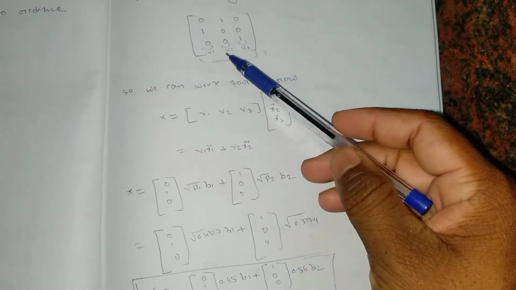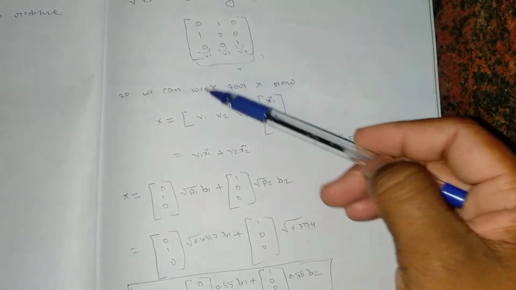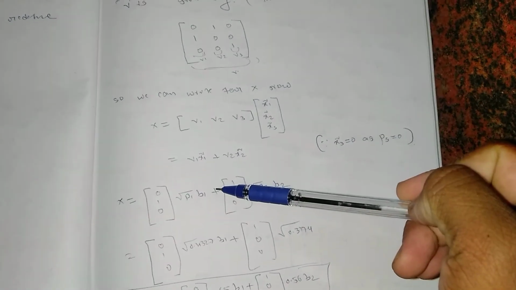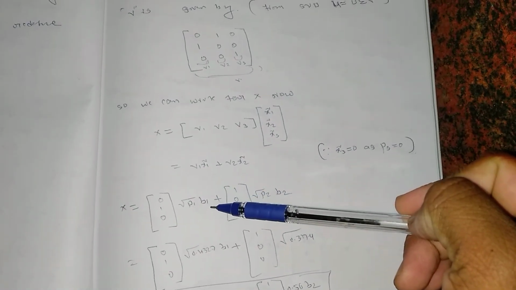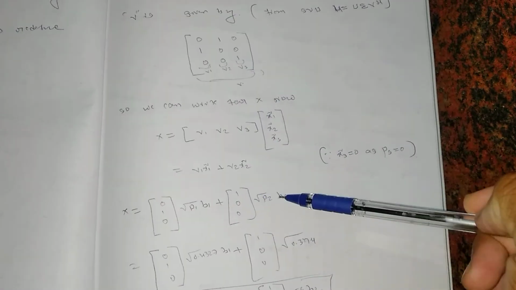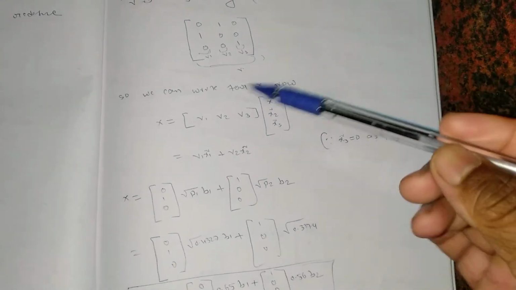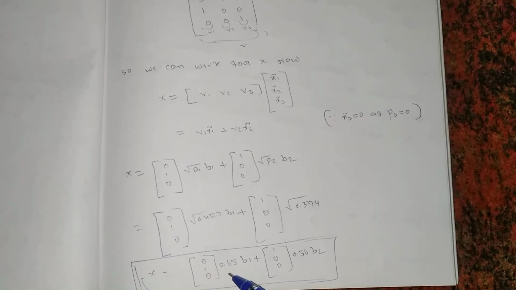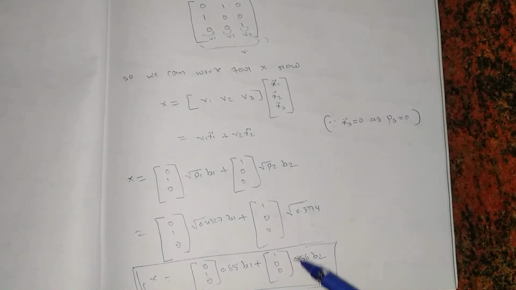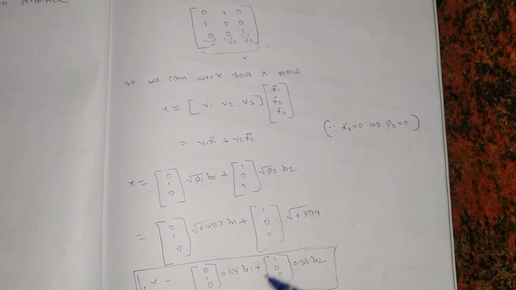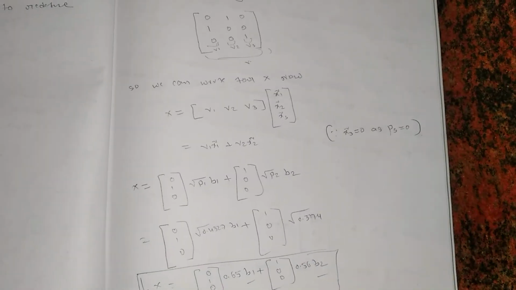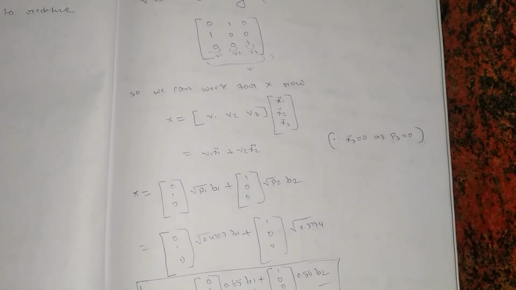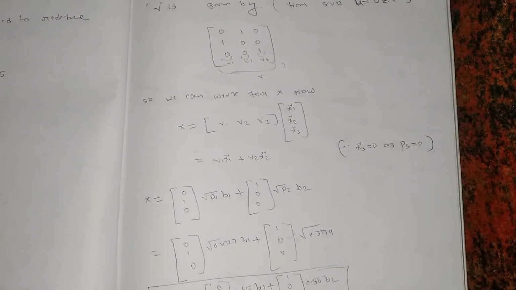So v1 value I'm having here, 0 and 0. Then x1 tilde can be written as square root of p1 into b1. Similarly for v2, I'll be writing square root of p2 into b2. So P1 I know the power, and if I take the square root of that, I will get 0.65, and B1 is as it is, and 0.56 B2 is as it is. So these are the channel attenuations here. So when I put those things together, I will get the MIMO transmission scheme.